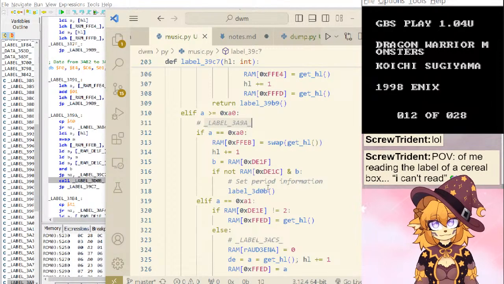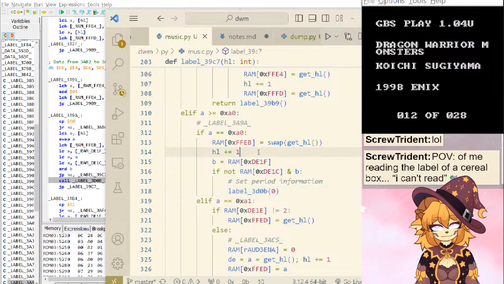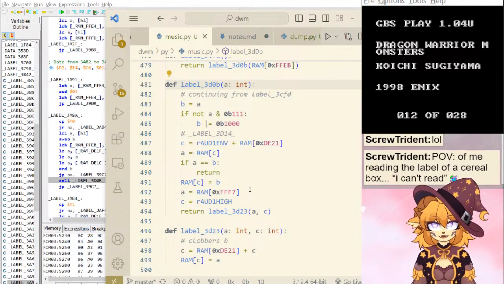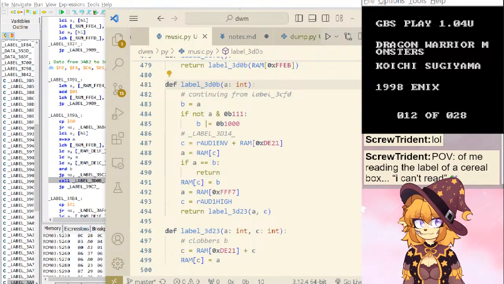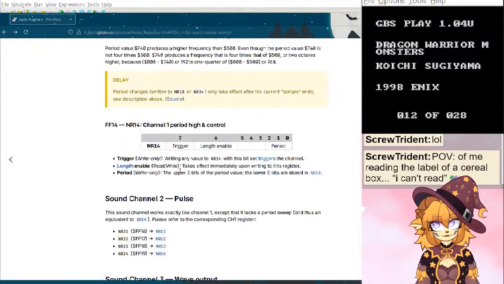And that's the contents of A, so we're just passing 0 here.